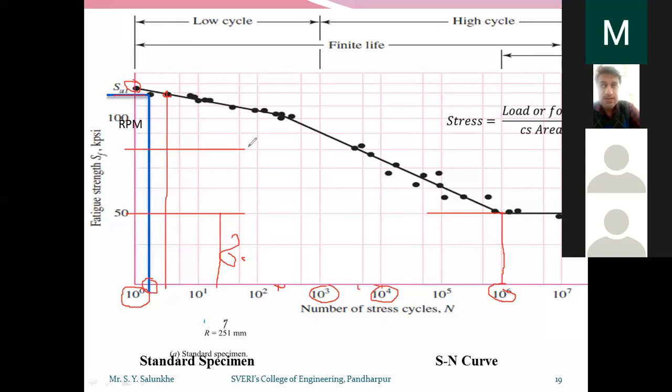These diagrams are helpful for designing any component for infinite or finite number of cycles. Definitely one can design for an infinite number of cycles, but it may increase the cost of that particular component, and hence the cost of the machinery you are going to design. So to reduce,